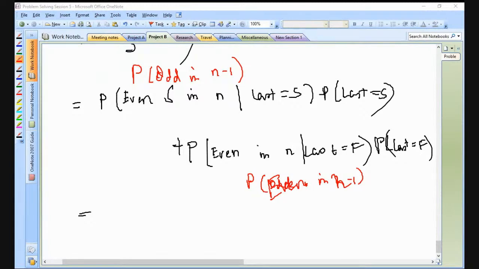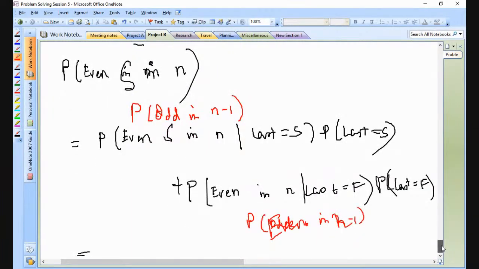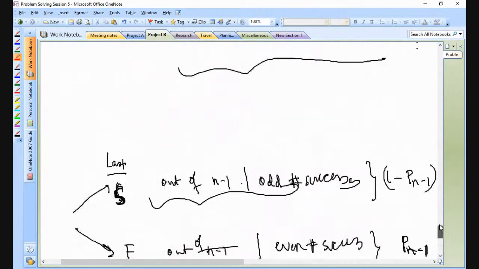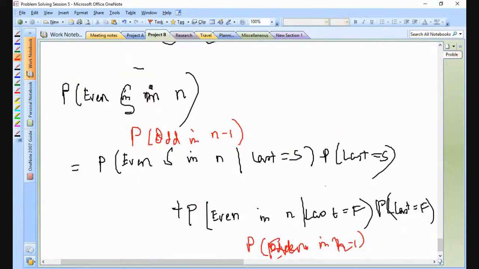I did not understand the last part. So understand this. If we are looking for even number of successes in n tosses, okay? Wait, I think I missed one point. Why were we considering cases? We're just taking an assumption for cases right now. Where do cases come up? No, last. Last is equal to success. Okay.